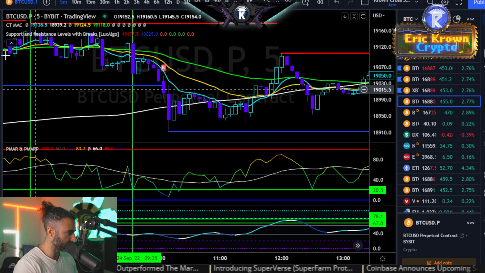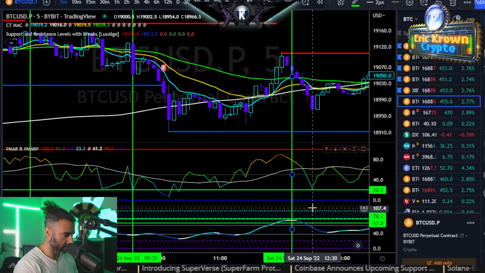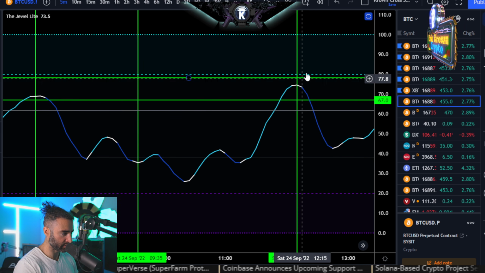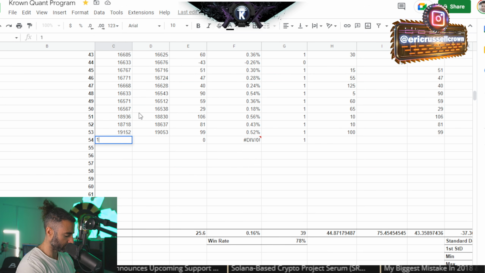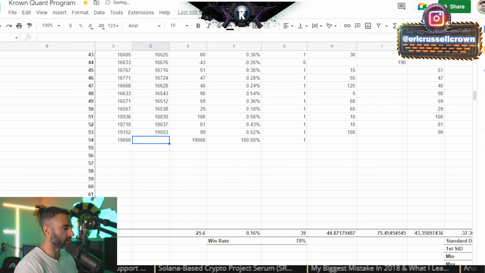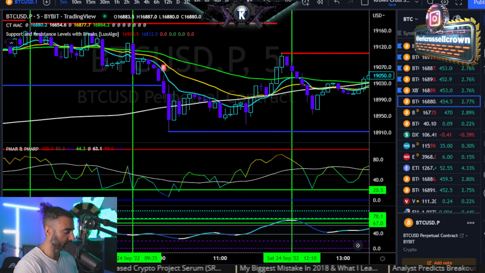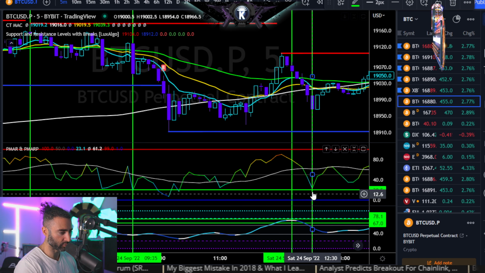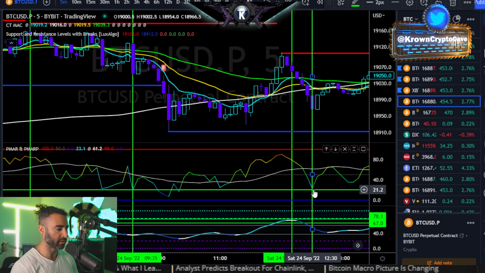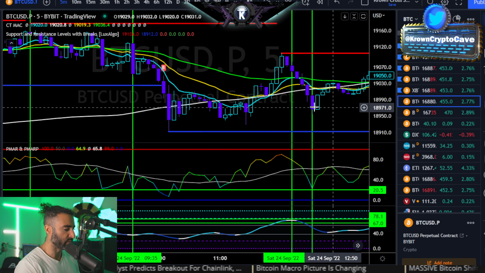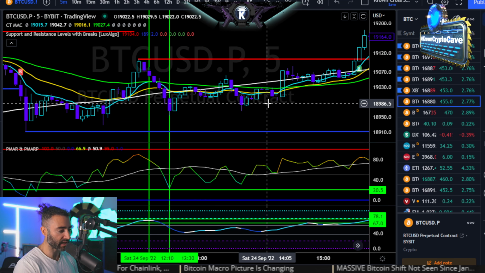We have another one right here. Okay, there's your white closure, boom. So we enter here in 19060. Okay, take profit. Now in this case, it gets really, really close right here. Could you have taken profit on your own? Absolutely. Should you have on your own? 100%. But for the purposes of this demonstration, I won't do that actually.